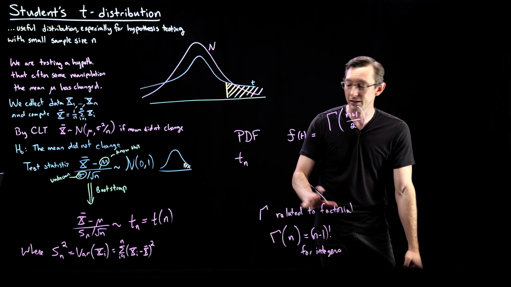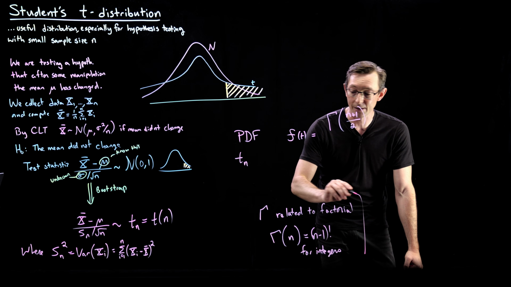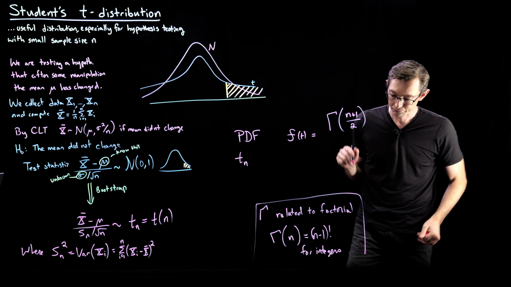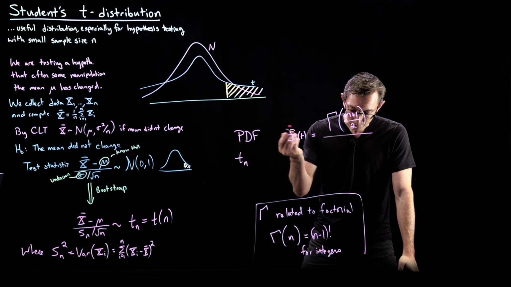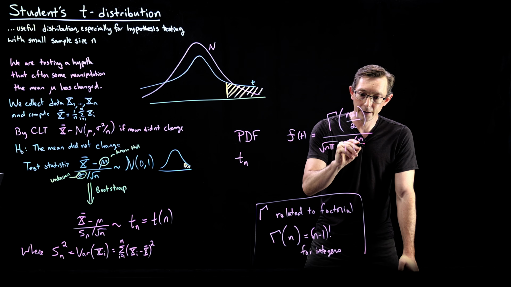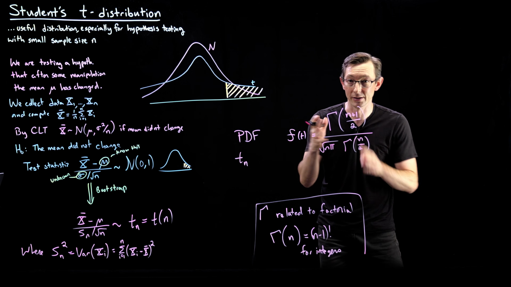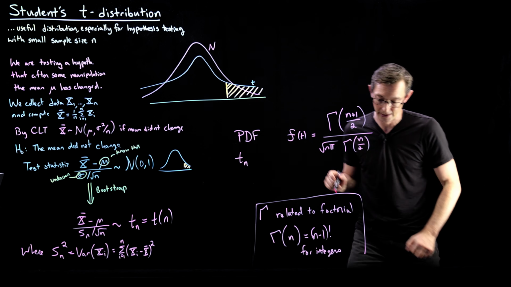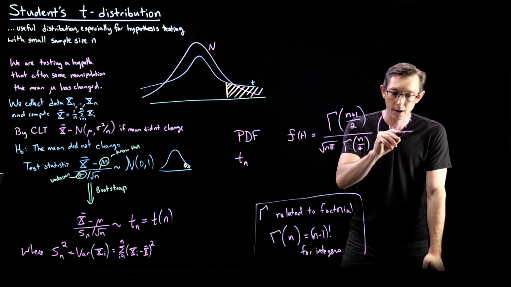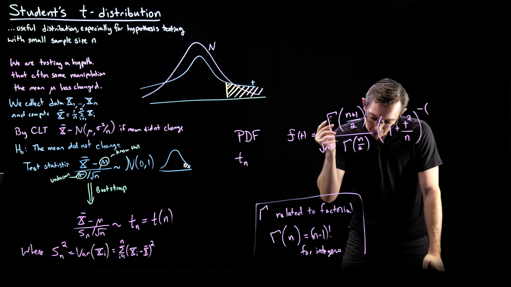This is a pretty complicated function. It's recursively defined based on an integral, but in statistics, it comes up all the time. And just remember, it's a function. You plug in a number, you get out another number. It's this divided by root n pi times gamma of n over 2. We essentially need this to normalize the probabilities. These are just numbers. It doesn't really matter. This is a constant scaling factor. The thing that actually matters is (1 plus t squared over n) to the minus (n plus 1)